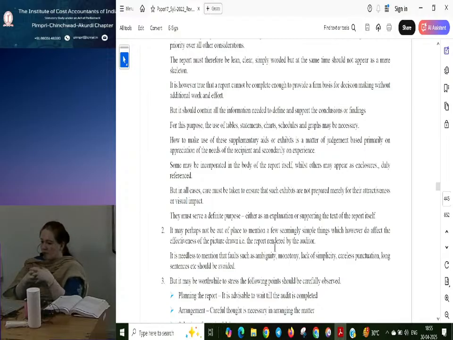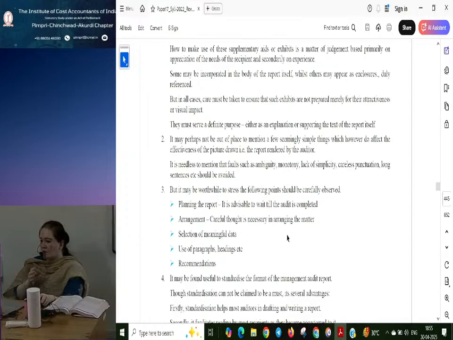The second one is how simple the report rendered by the auditor is. Simplicity, brevity, completeness, all these things are necessary. That which is ambiguous, in the sense that it's not to the point, or says it could be there or it may or may not happen, should be avoided. It should be with certainty, to the point, and should not beat around the bush. It should be directly to the point.